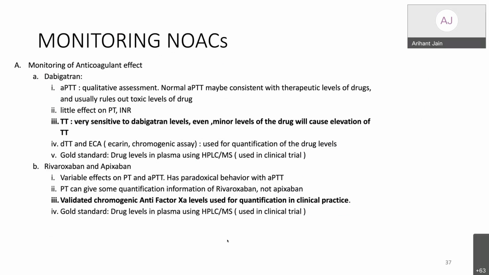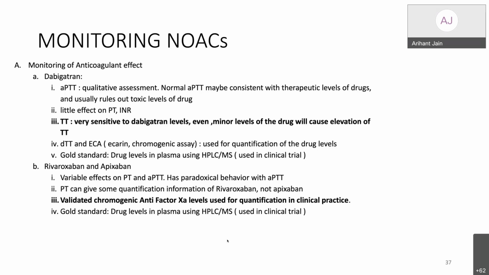If a patient is taking Dabigatran, the patient may still have a normal APTT despite having a therapeutic level of drug, but very high or toxic levels of drug are ruled out if the APTT is normal. For Dabigatran, the most sensitive test is thrombin time. Even if there is a minor level of circulating Dabigatran in the blood, the TT will definitely be prolonged. And if the TT is normal, then you can safely say that the